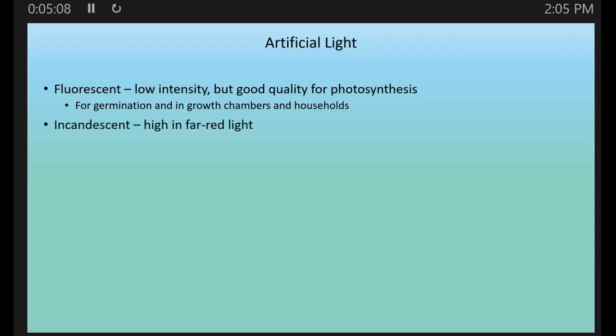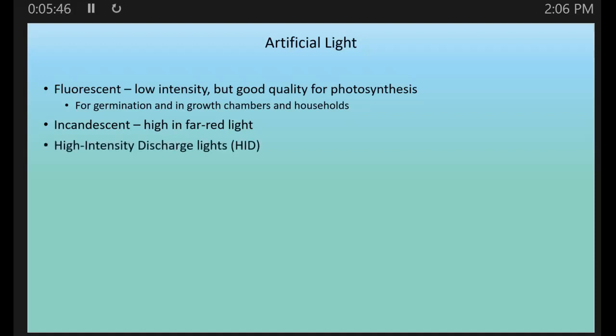Incandescent is not the best. Incandescent lights tend to be high in far red, which means that you can get plants that are what I refer to as leggy. They get tall and kind of spindly looking, and often you don't want that look in your plants. That's what I tend to see in my house plants because I don't have enough quality light coming in through the windows either. Whoever built the house had no concept of, if someone wants to have a plant in their house, what kind of windows and what facing direction should they be in. But anyways,